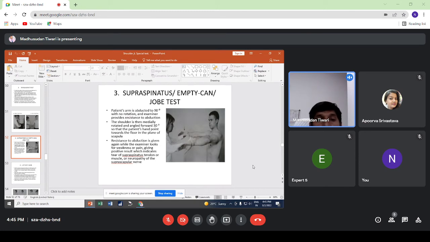The examiner provides assistance to abduction. The shoulder is then medially rotated and angled forward 30 degrees, so the patient's hands point towards the floor in the plane of the scapula. Resistance to abduction is given again while the examiner looks for weakness or pain, giving positive results which indicate